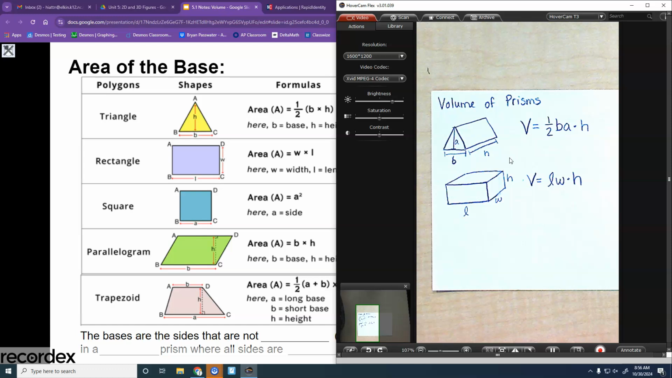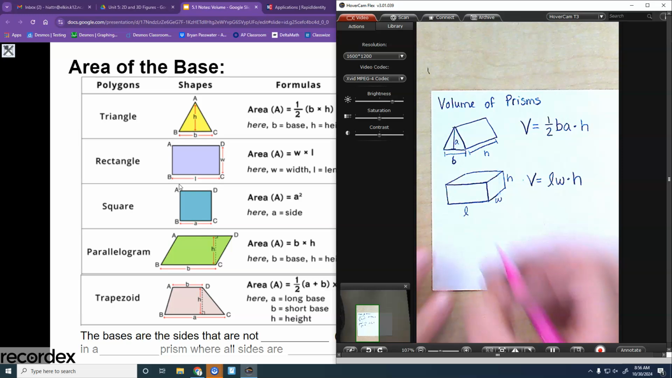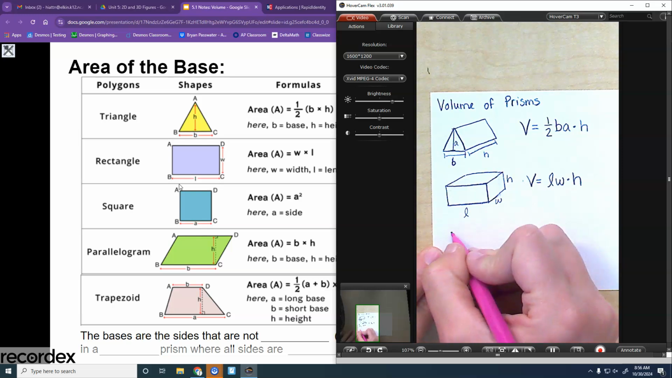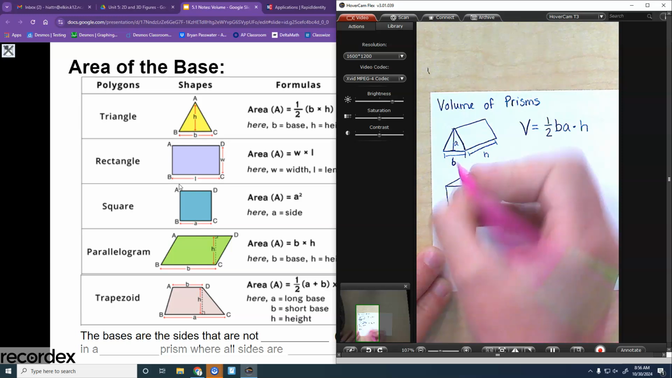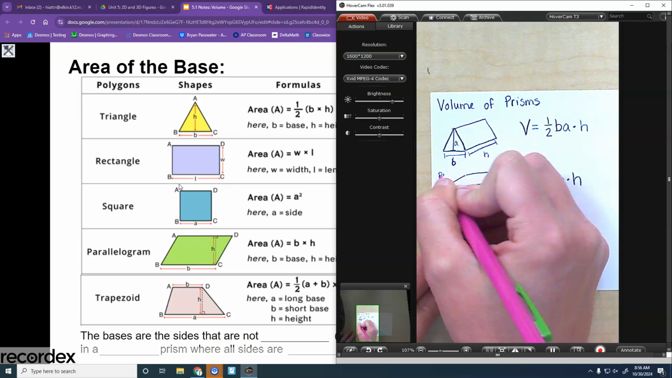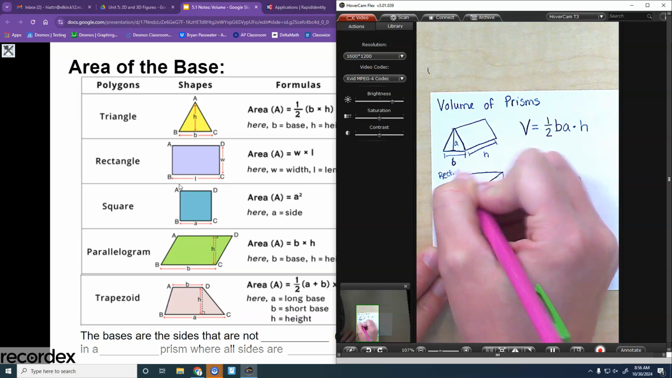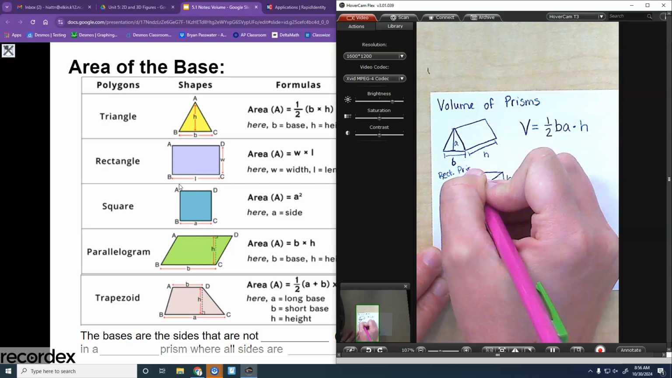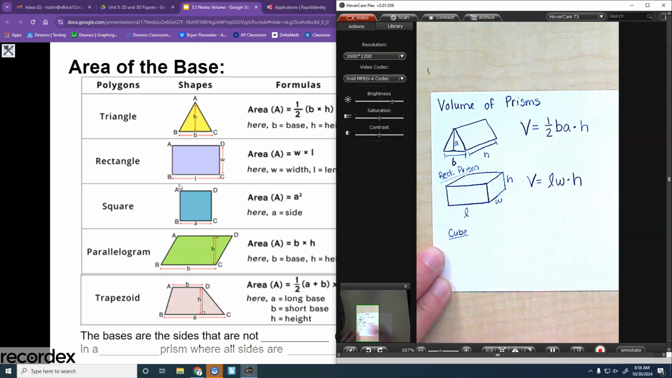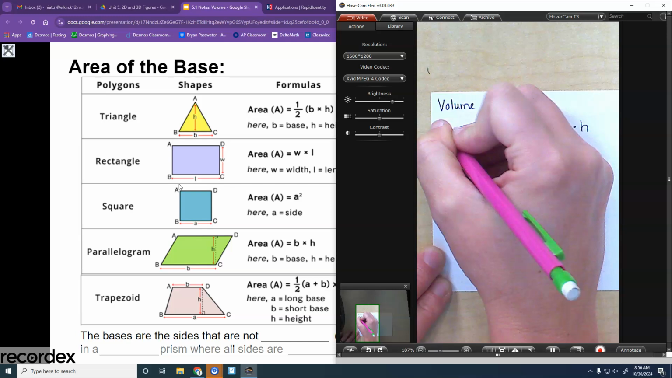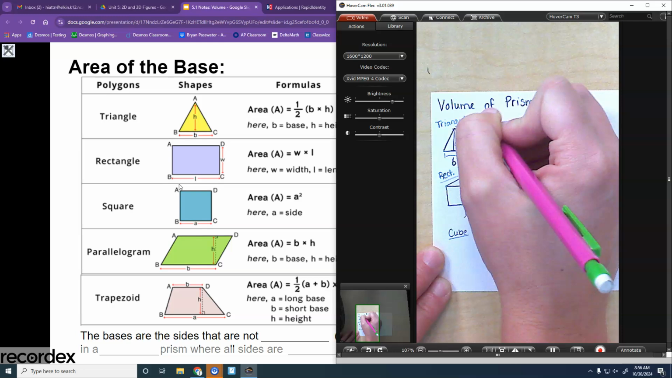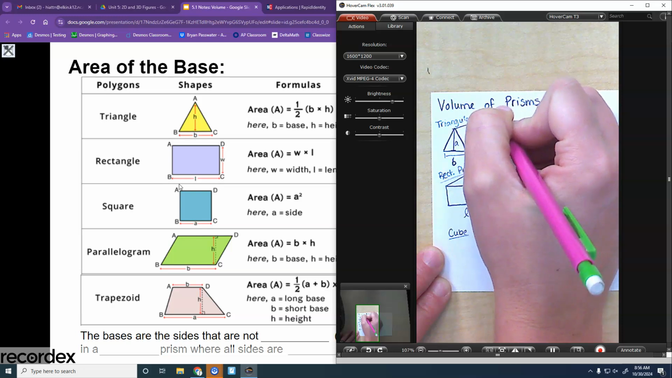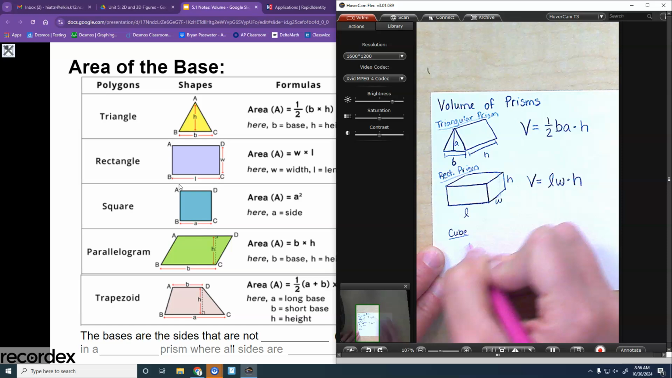Let's do a cube. So if your base is a square and you have the same height as well. I'm going to write that this is a cube so we know. I guess I could call that rectangular prism and triangular prism. Should write that first. All right, so for a cube,